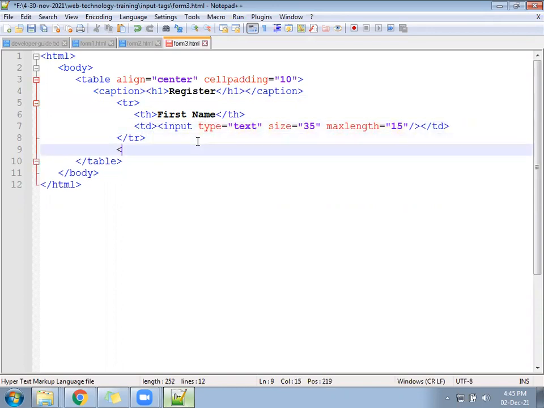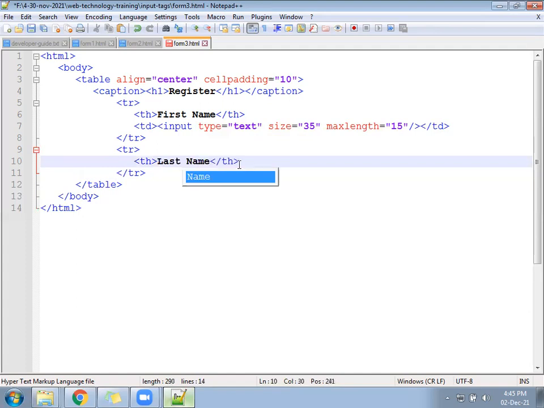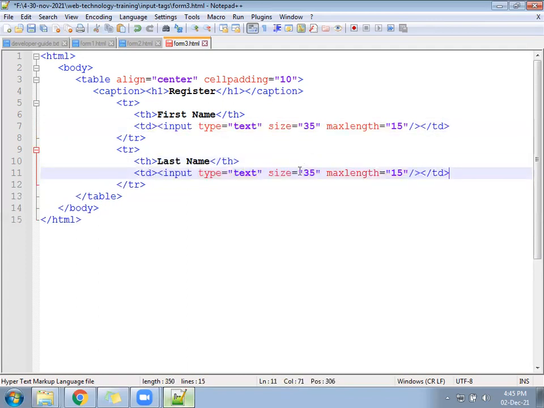In the new TR, you follow a TH, last name, and keep a similar TD, for first name and last name. Input type equal to text, size equal to 35.